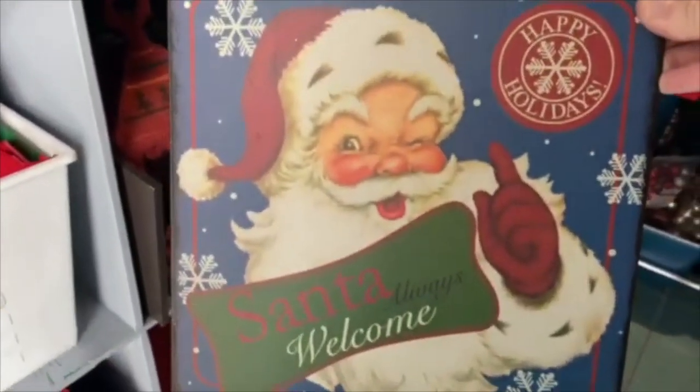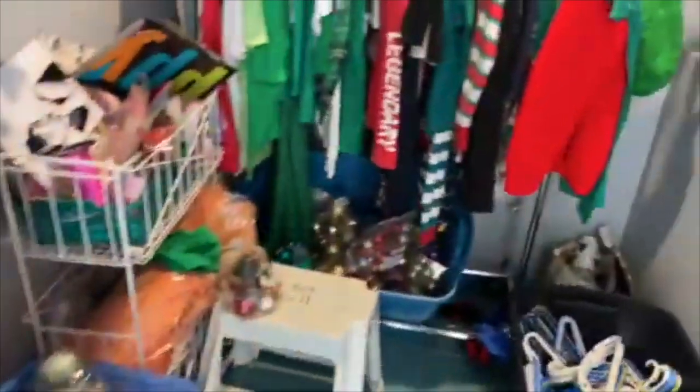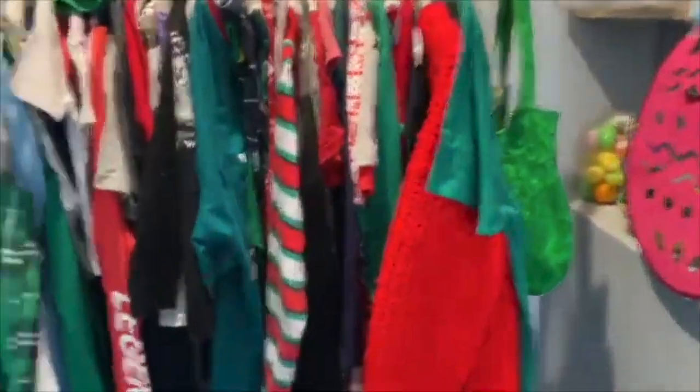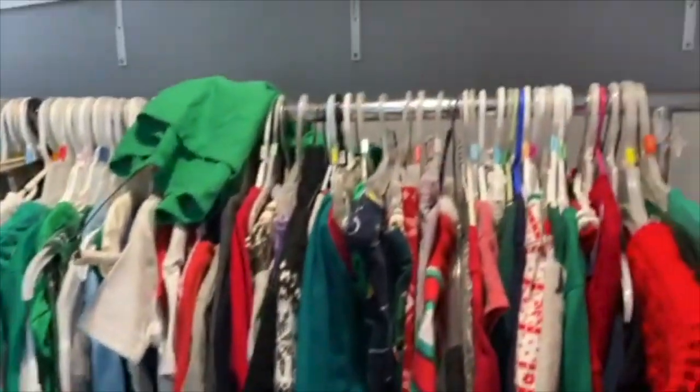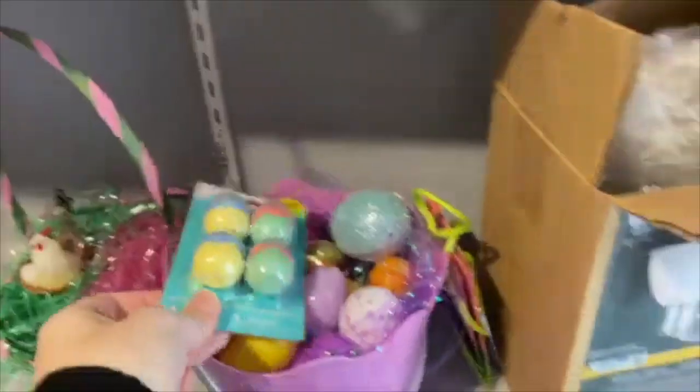Seasonal decor. I mean, people change their themes for Christmas or, there's always little Easter things, little Valentine's things, if you tend to decorate your house for every season, don't go buying it new every single time. And you will start to collect little things every now and then when you go. You'll see something that's completely out of season, but they always have Christmas stuff at the thrift store no matter what time of year you go. And you will start to accumulate